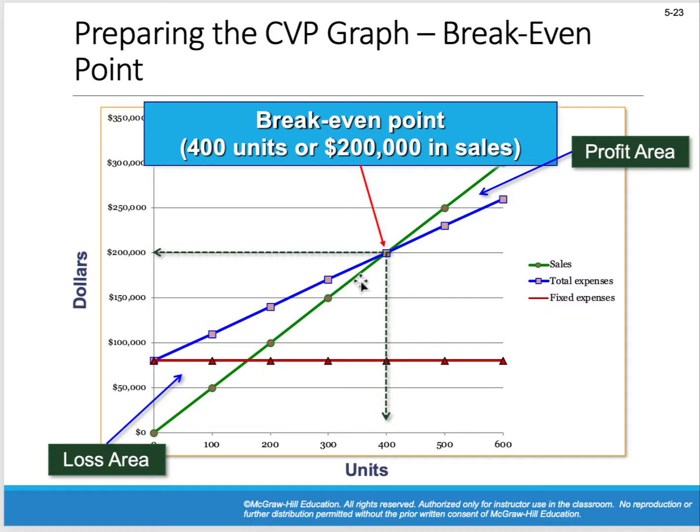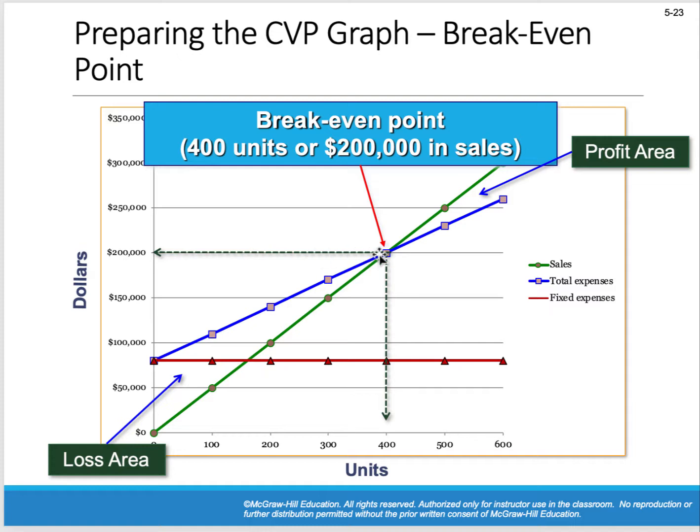Okay, so we have our CVP graph, and we can interpret it, right? We can look at it. We can see we have our fixed expenses, our total expenses, and our sales volume. So the break-even point is where total revenue and total expense lines intersect. So we see that our green line, our total sales, intersects our blue total cost line at 400 units. Okay? And if we scroll over to the left here, we see that that's a sales volume in dollars of